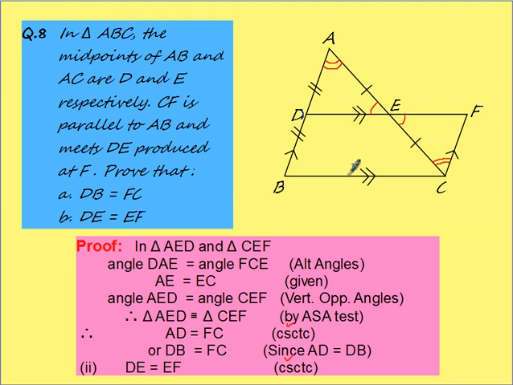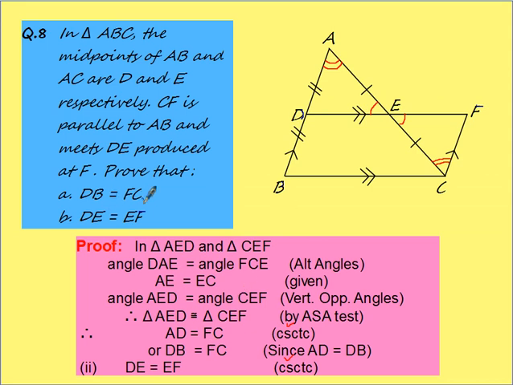So first I am taking these two triangles AED and CEF. You can easily find these two angles are equal, vertically opposite, and this is alternate. Just now we proved it, and this is given equal. So I applied the ASA test. The ASA test gave me these two triangles congruent, and then I wrote AD is CF. And AD is already equal to BD, given. Therefore AD is equal to CF equal to BD, because they are given equal. So this is solved.